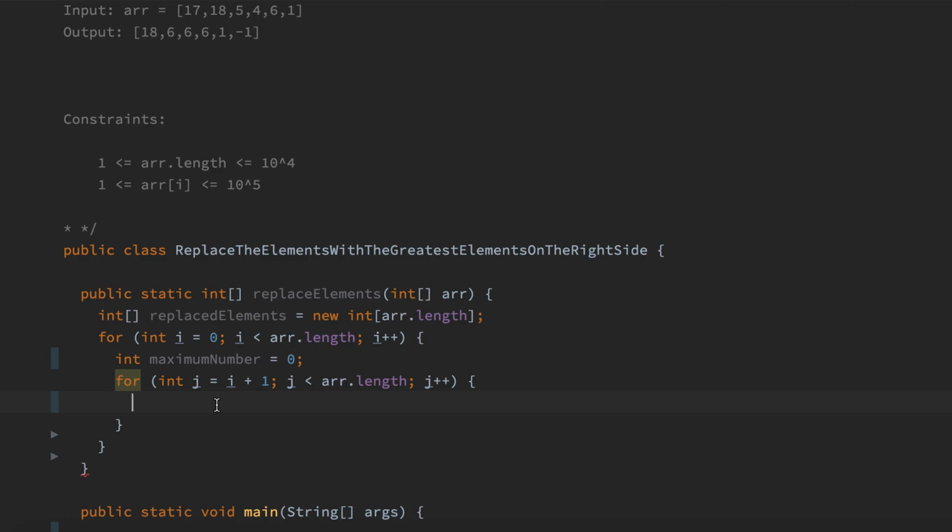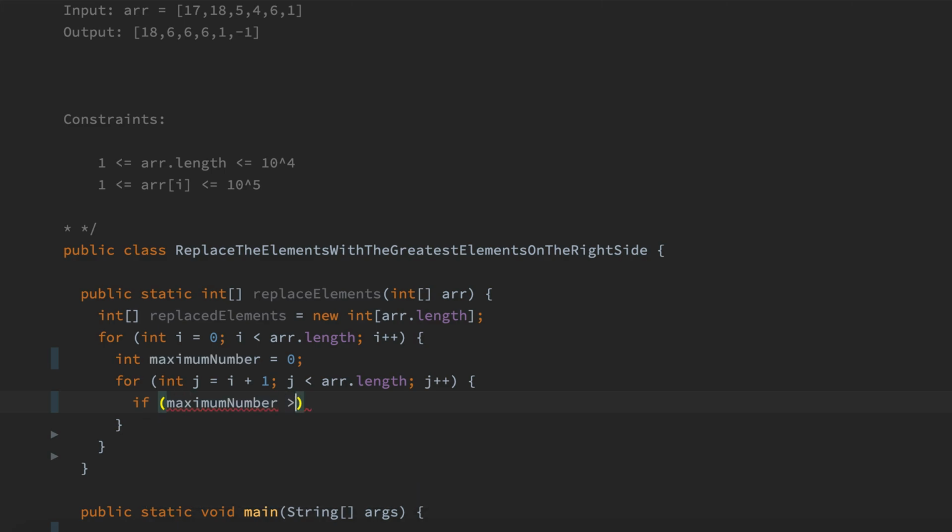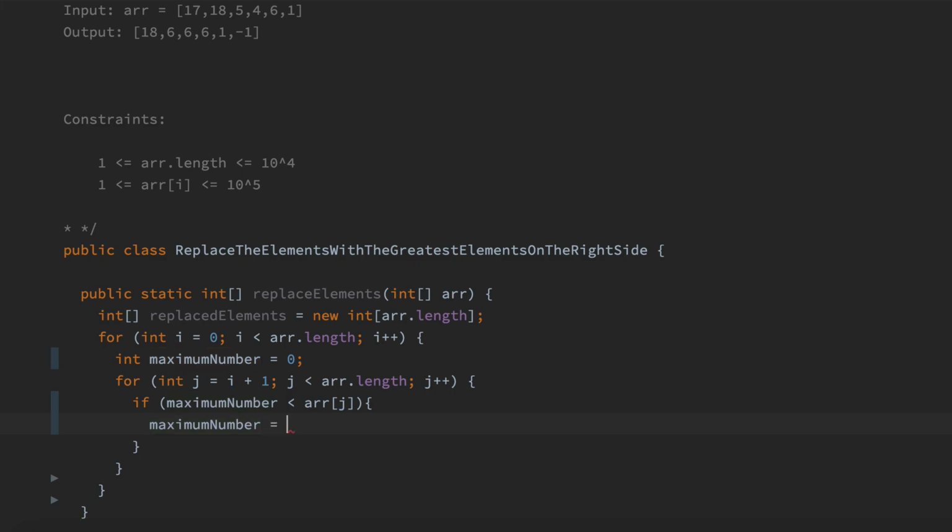Okay, now inside here we just need to say if maximum number is greater than, or excuse me, less than rj, then maximum number becomes rj. So basically we're saying if this 0 is less than one of these numbers, so 0 is less than 18, 0 is less than 5, 0 is less than 4, then we turn that 0 into whatever that